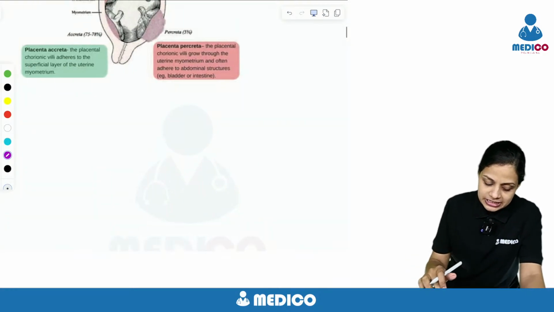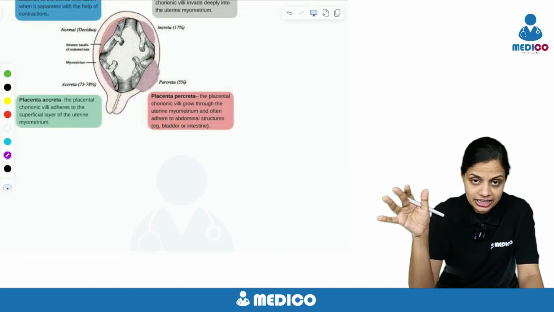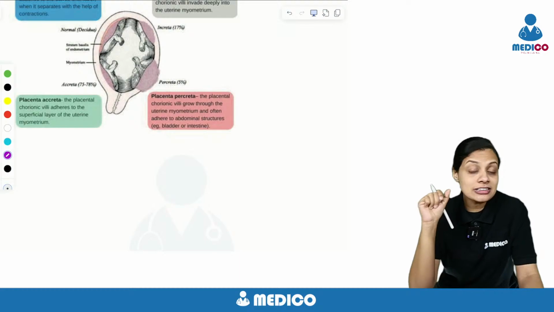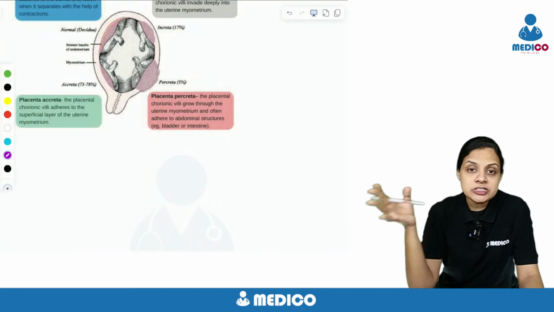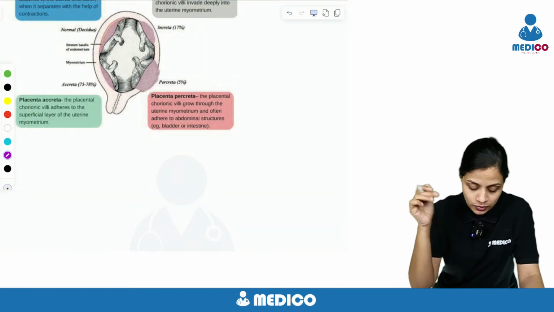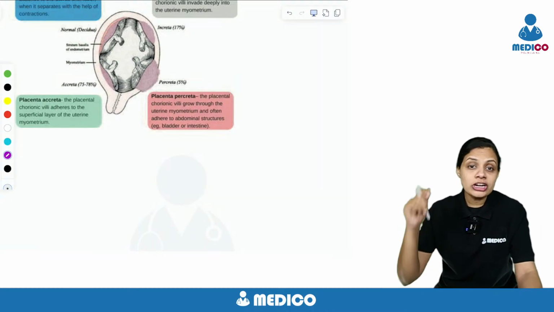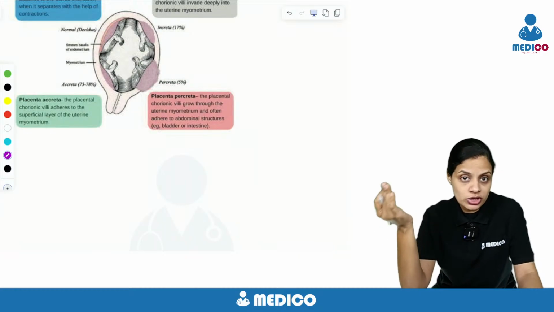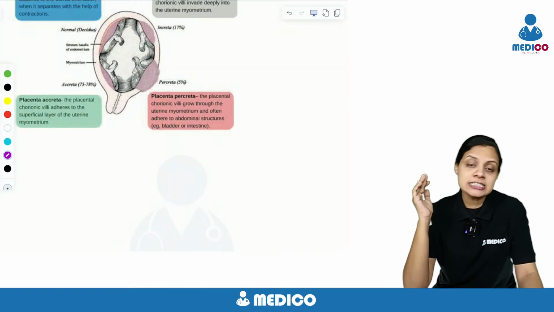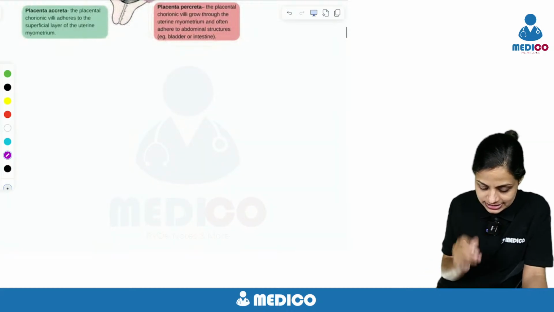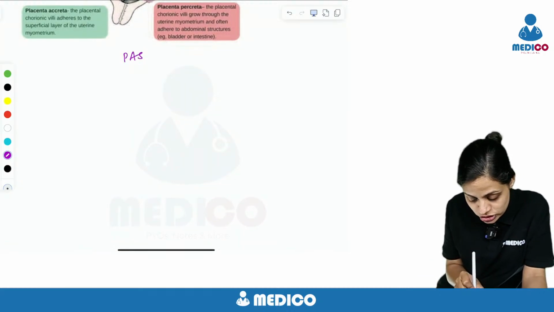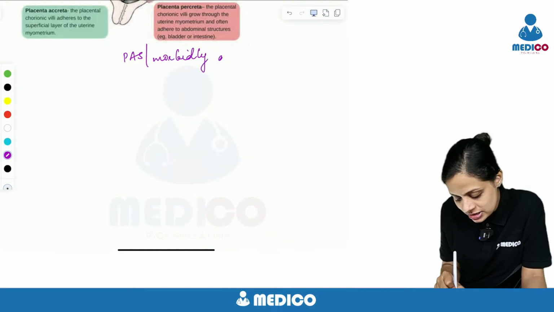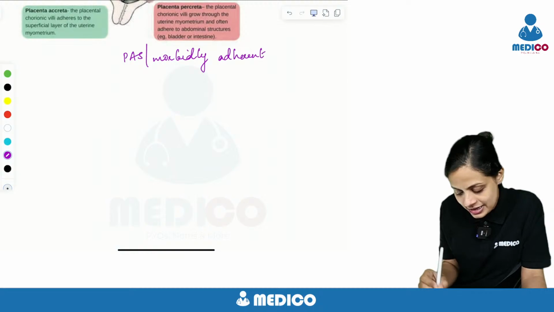Now once the placenta has attached, if you're doing a scan, the myometrial layer is no longer there. There is an absence of the Nitabuch layer or the fibrinoid layer. There is a sonolucent zone behind the placenta when you're doing the scan. This will be absent in a case of placenta accreta syndrome, also known as a morbidly adherent placenta. Remember that term also.